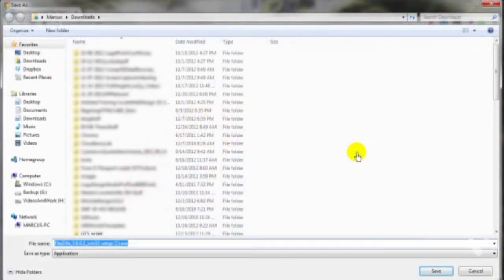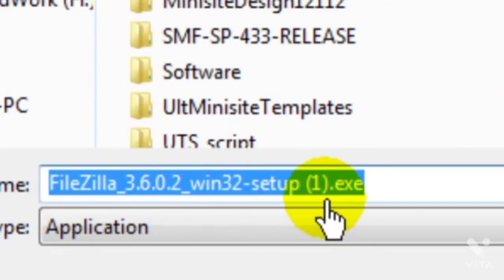Now I've got it set up on my system to download all of my downloads to my downloads directory on my computer. You may have yours set up some other way, but that's just how mine is set up. The executable file here has a parentheses and the 1 there because I've already got this particular file in my system